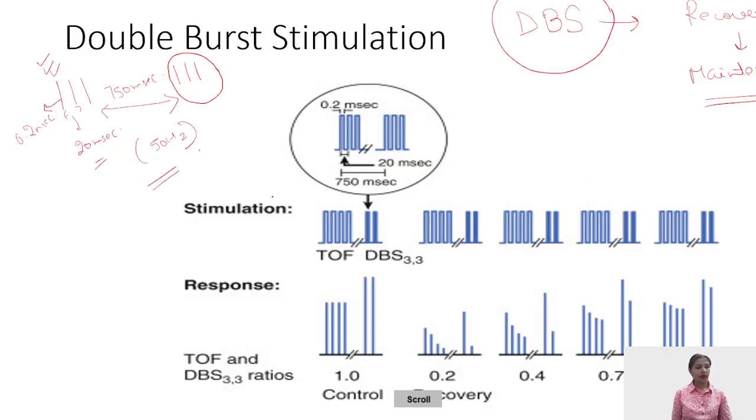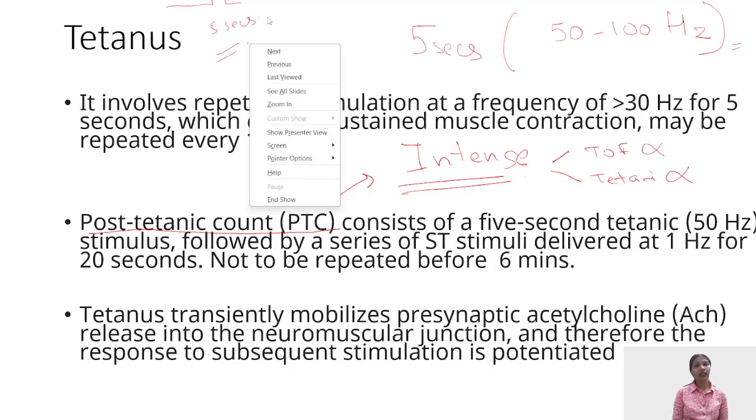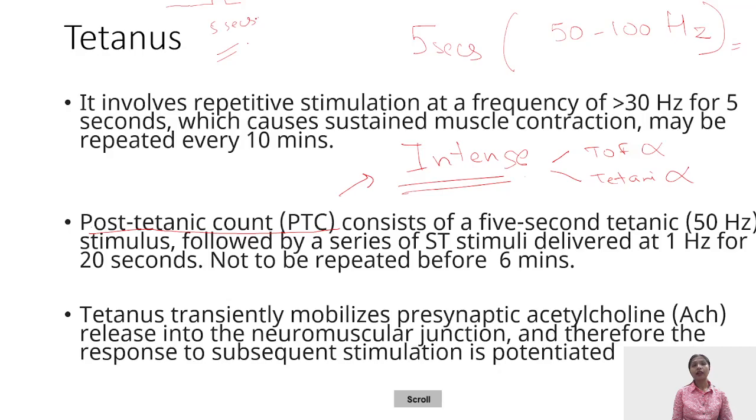In post-tetanic count, for example, you have given one stimuli and there was no response. Then you give a sustained stimuli of tetanus for 5 seconds at 50 Hertz. Because of this tetanus stimuli, your presynaptic acetylcholines all come into the synaptic cleft. That is, we mobilize the presynaptic acetylcholine into the synaptic cleft, and once they are there, after around 10 to 12 seconds,